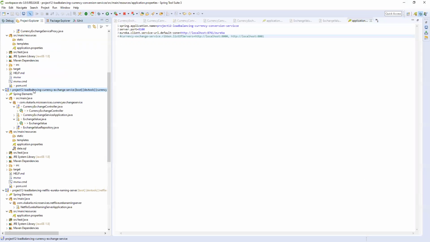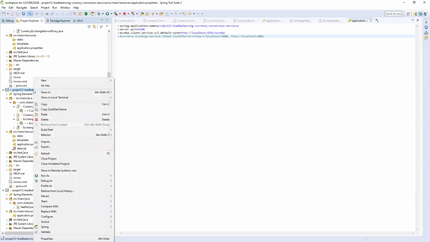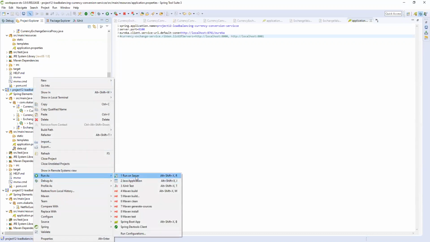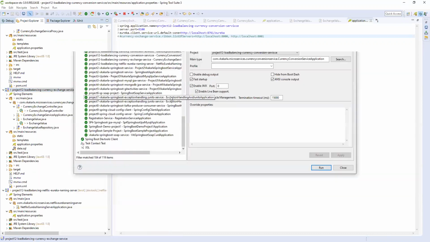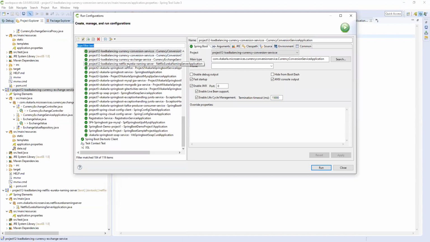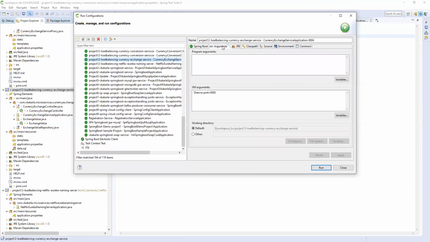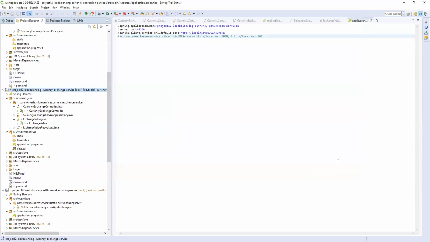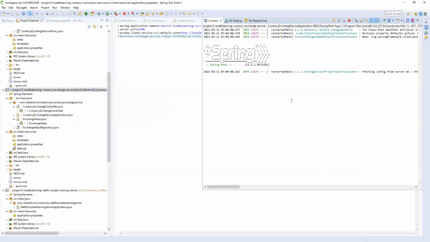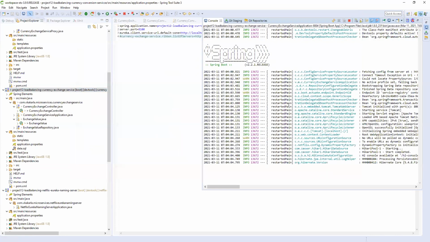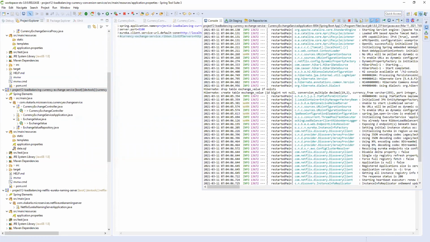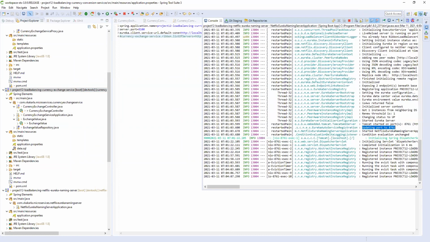Run configurations, currency exchange service. It is 8000, right? I'm just giving 8001, applying and running. It is running on another port number, which means another instance, or another node, whatever it is called.